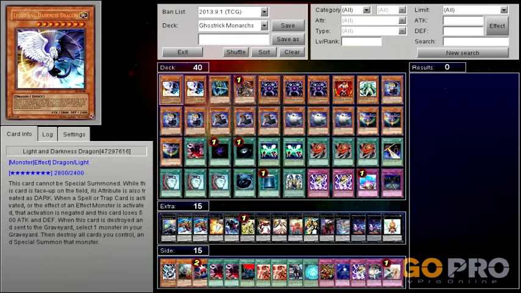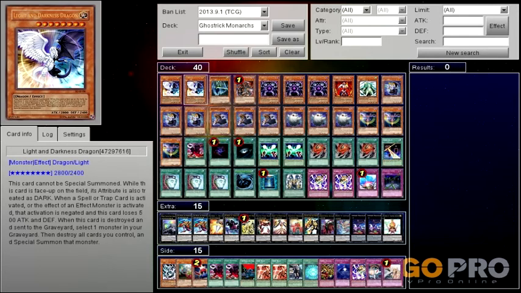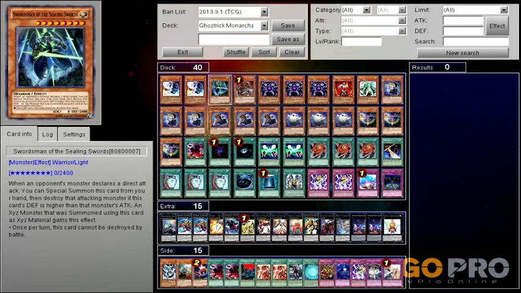Alright, and then here's the Ghostrick Monarch deck. In all those videos, I did have 2 Light and Darkness Dragons. It's just I never drew into it once, which really sucked. Soul Exchange I added in later, because I was like, hey, I'm running a Monarch deck, why don't I have Soul Exchange? So anyway, there's 2 Light and Darkness Dragon, 1 Swordsman of the Sealing Swords, this is also a